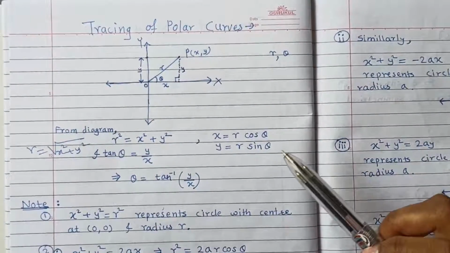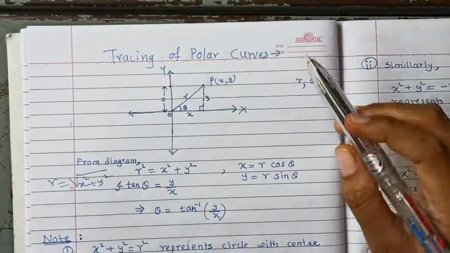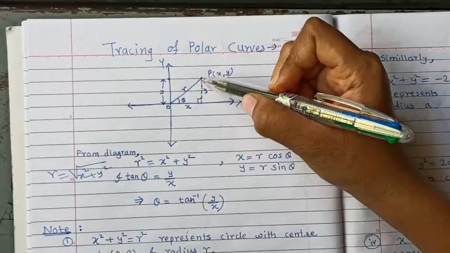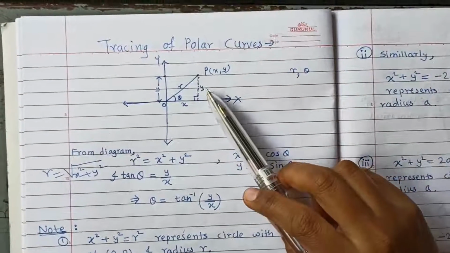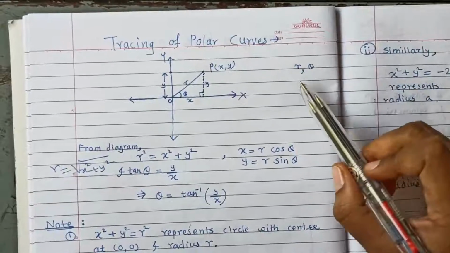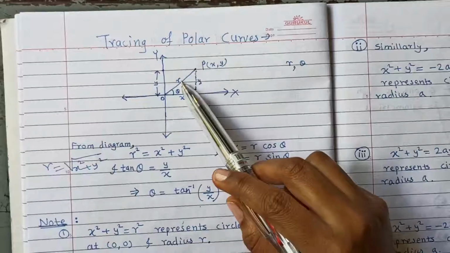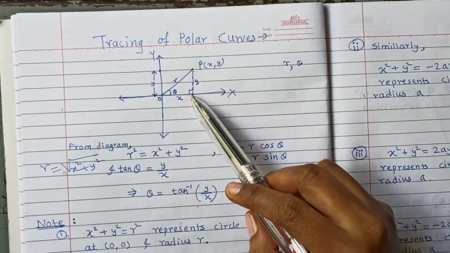Hello students, today we are going to start tracing of polar curves. So let's take one point P(x, y). You can see this distance is x, this distance is y. Now in polar coordinates we are going to deal with r and theta. So this OP distance is r, and from this diagram if you apply Pythagoras theorem then you can see that